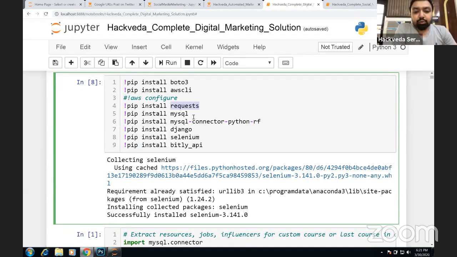Moreover, you also need to install MySQL connector and MySQL connector Python. So this will help you connect to MySQL server where your information about your products or the information about your customers is available. Using Python, you will be able to connect. Then we are also using Django framework here. Django will be helping us using some smart strings so as to create web pages without special symbols so that we can create web pages and upload it on our server where our website is available.